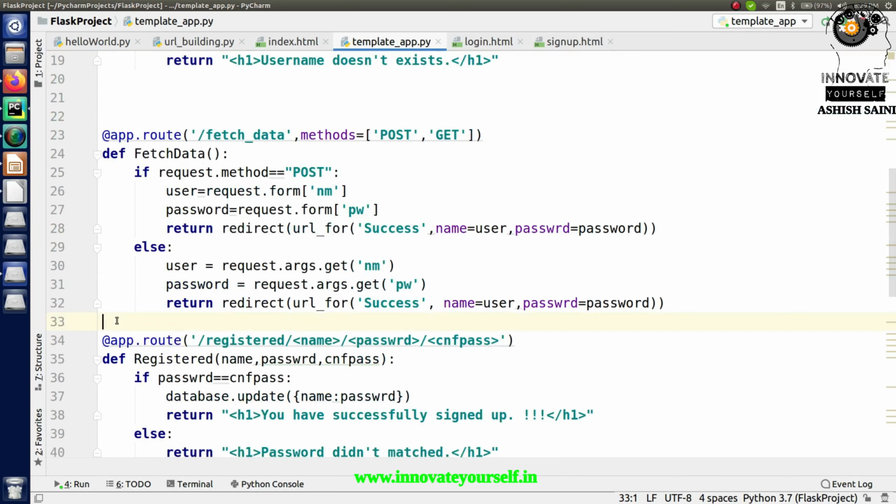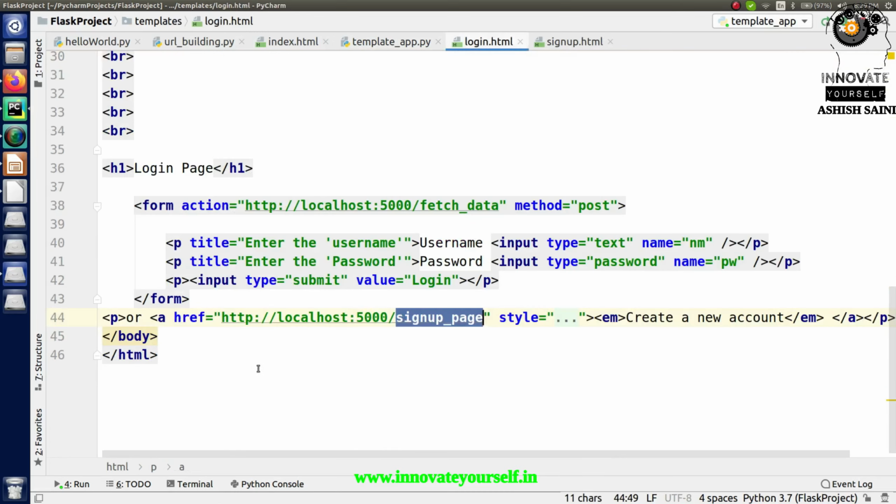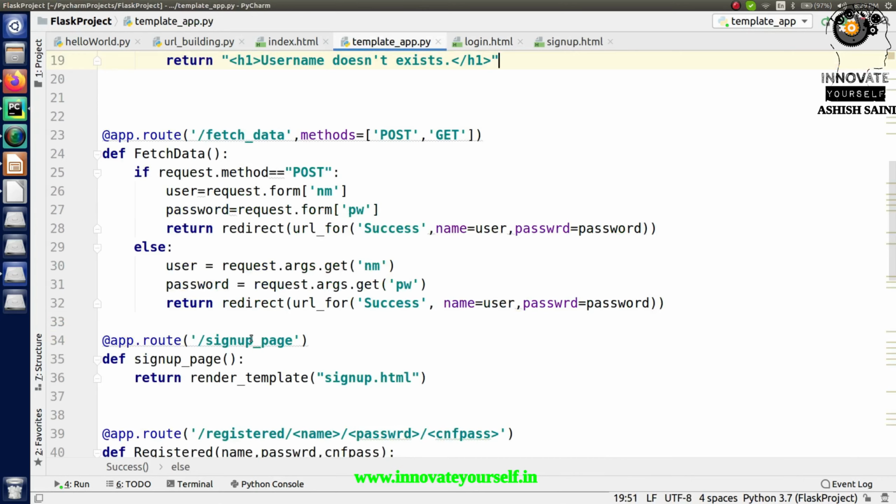So for that, just pass in here, and in here sign up page, and in here just write signup.html, right? Now save it, and one more thing, signup_page, and I'm putting the same name which I think I've already specified in here, right? So I'm taking the same name, right? So I guess everything is done now. Now save it and go back.